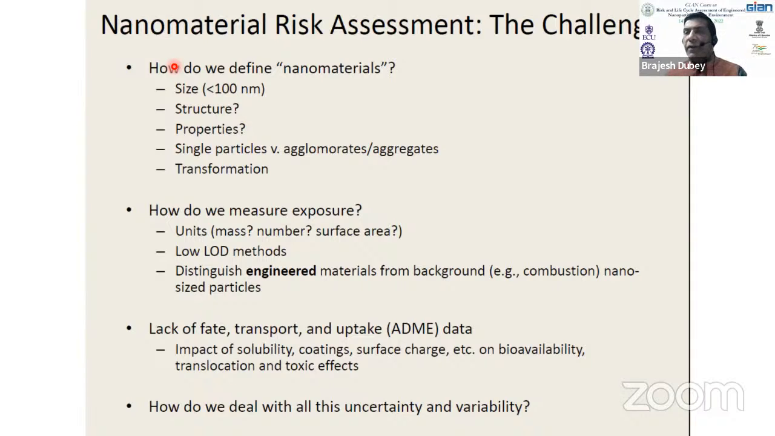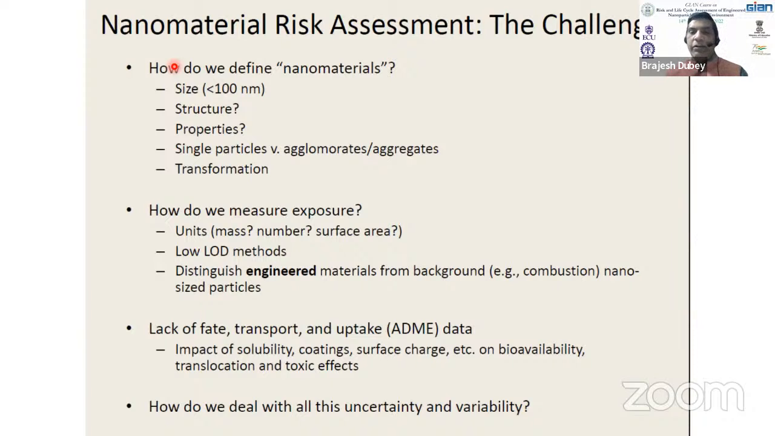So first of all, defining nanomaterials. Structures: what kind of structure we are looking at, the property of the nanoparticle, whether we're talking about a single particle, agglomerate particle, or aggregate particle, whether it will transform, whether nano will get converted to ionic. So a lot of questions are there, and those kind of questions need to be answered when we look at